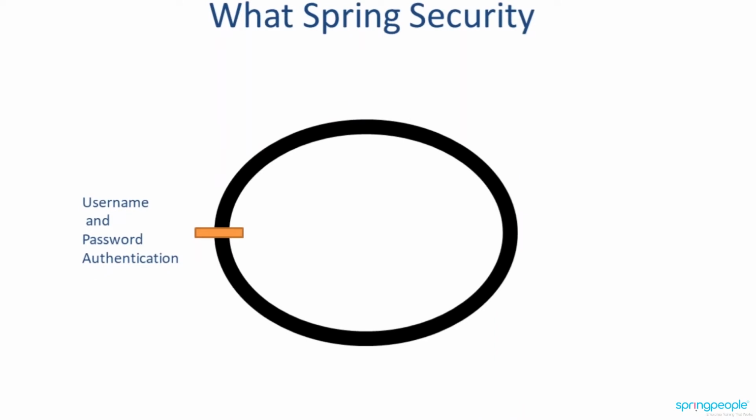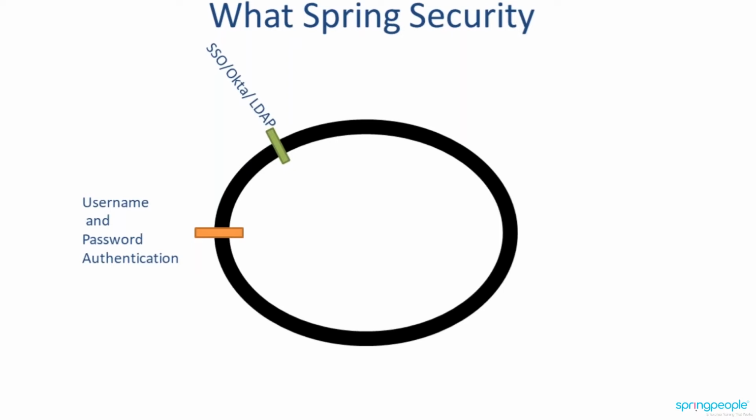Spring Security will provide username and password authentication. That's the first type of authentication. Or we can go with single sign-on, or with Okta, which is a library, or we can go with Keycloak, or we can go with LDAP. So there are various third-party libraries available to work with Spring Security. So we can go with Okta as one library and Keycloak as one library.